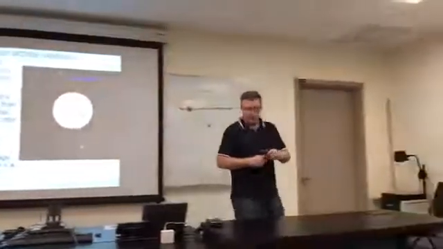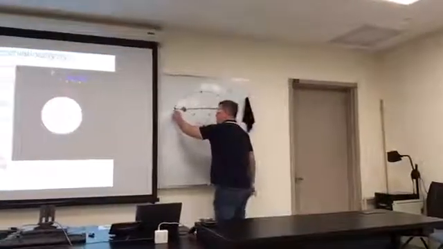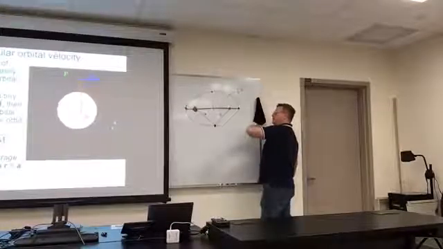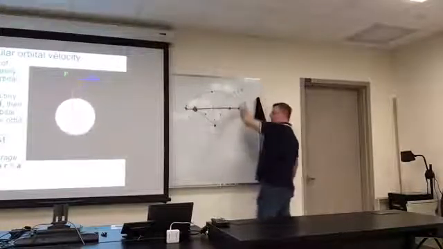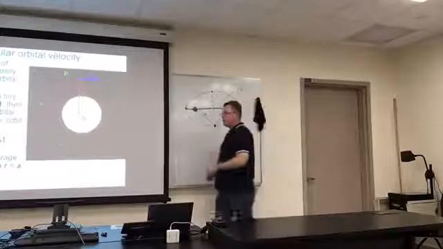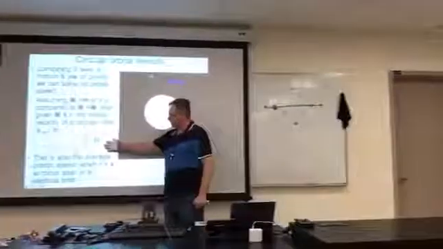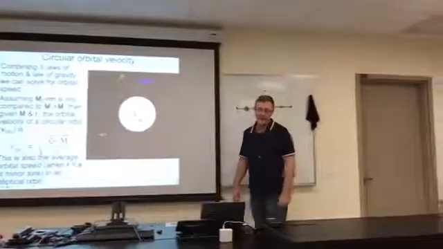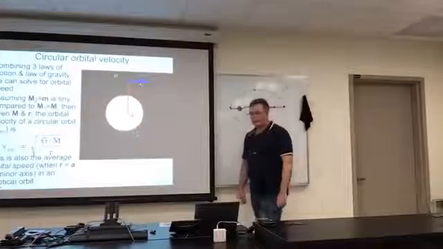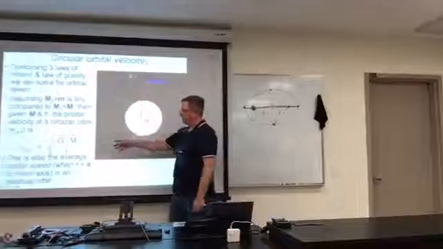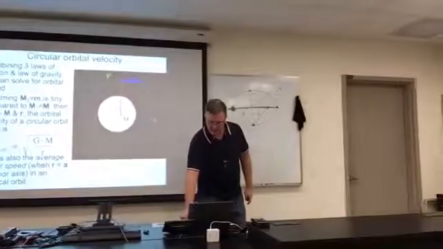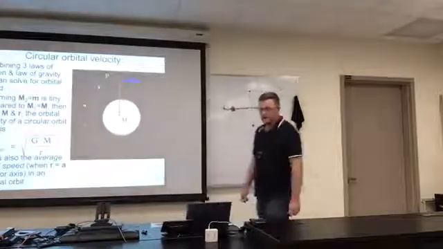A comet will have an incredibly high speed when it's close to the sun and incredibly slow speed when it's far from the sun. But if I'm just interested in its average speed, I can use this equation. The comet doesn't have a circular orbit, but this equation gives me the average velocity of an elliptical orbit, as well as the constant velocity of a circular orbit. And then Newton also